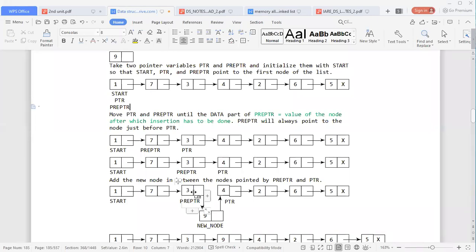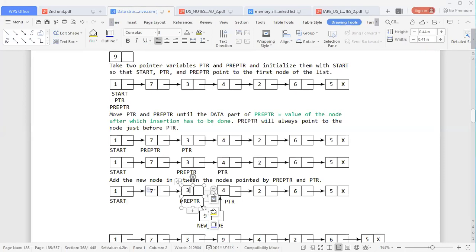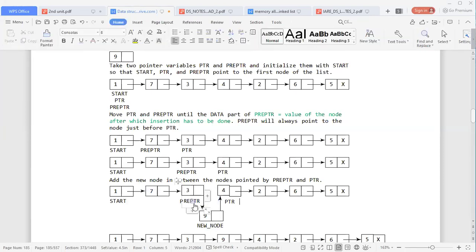We are supposed to add a new node next to that particular node which contains the value, so the pre-pointer stops where the new node is to be added, that is 9 is added as a next node to 3.